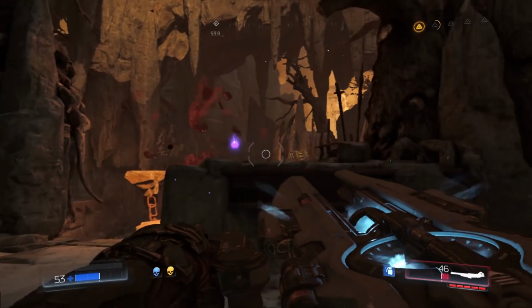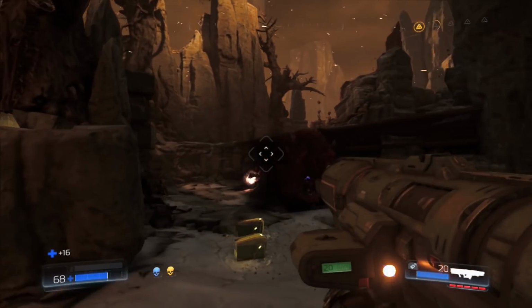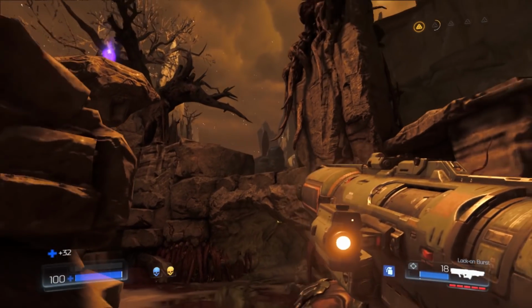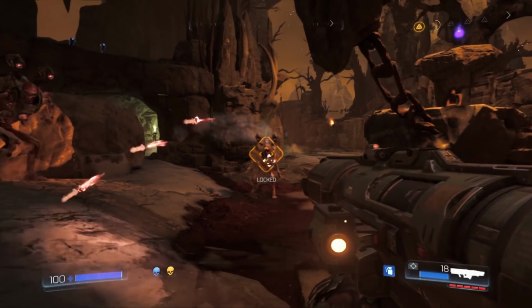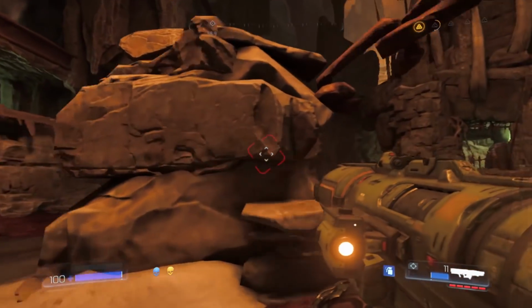I'm not going to take the quad damage just yet, because I have a feeling that I'll want it later on. Swap back to the lock-on burst. Oh, you're worth using it on. Also, probably also losing, but...